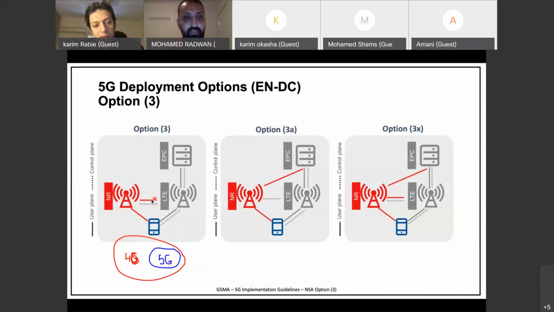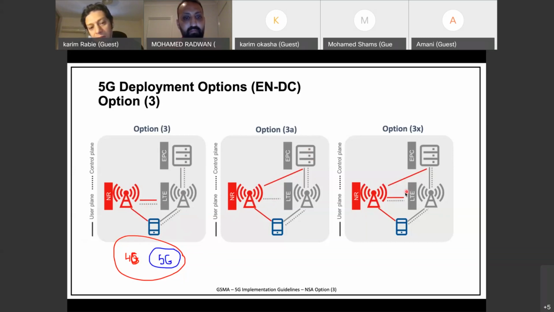The interface between the new radio and LTE is XN, with control plane and user plane. In option 3A, the user plane of XN between the two radios is not there. However, now we have a direct connection between the new radio and the EPC, so the downlink can go directly to the new radio. And we will talk about the advantage of that.